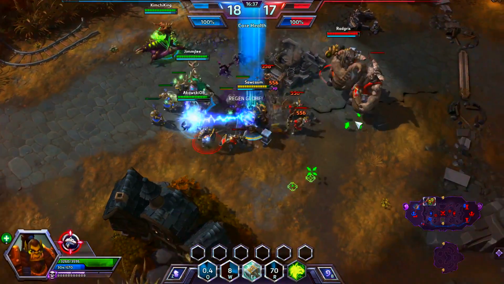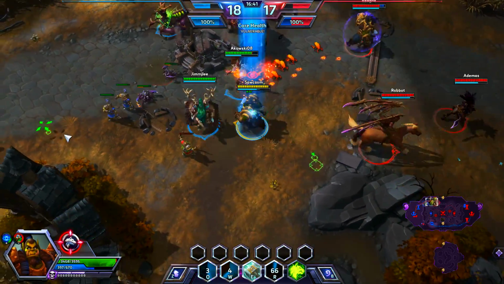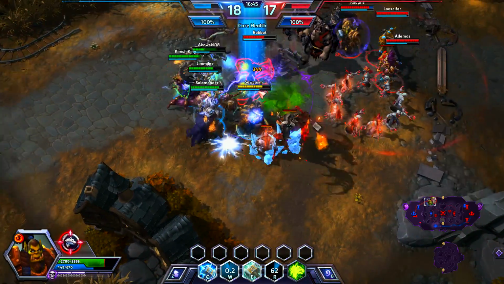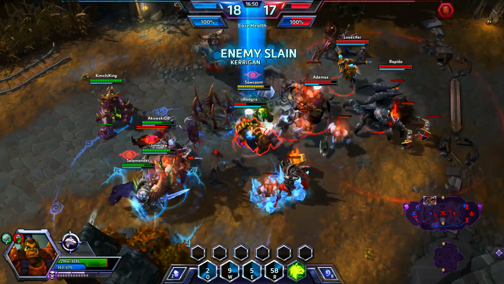So looks like I can throw out a Sundering here. I'm going to do it, not even hitting Thrall. Pretty bad ult on my part. To be honest, I thought I was going to be able to at least hit Thrall and initiate, but it is what it is. It looks like the team fight has broken out anyway. Gargantuan